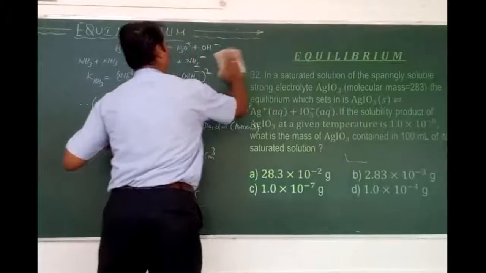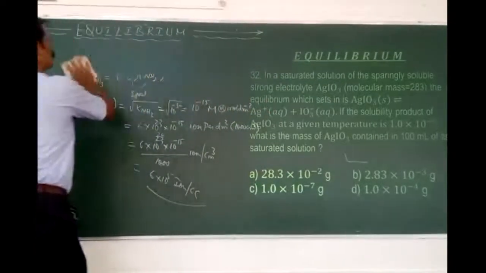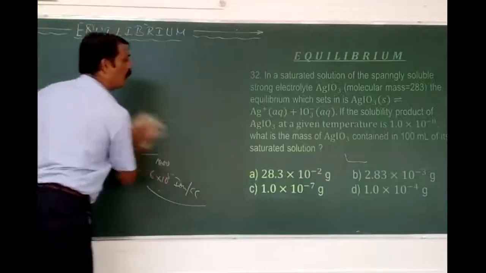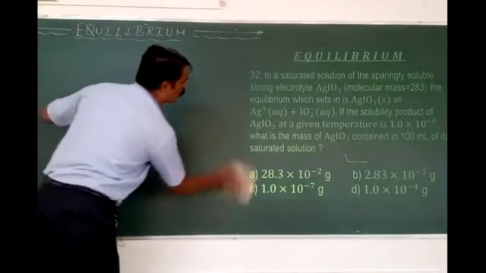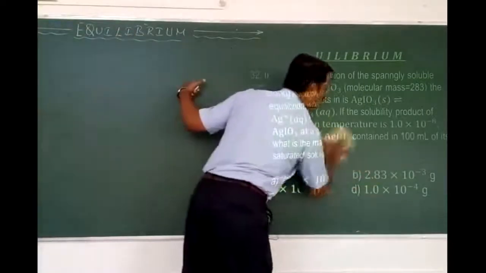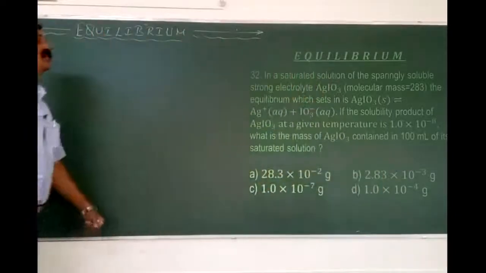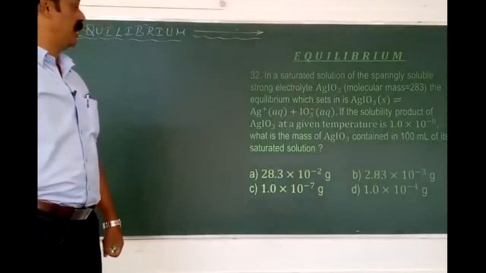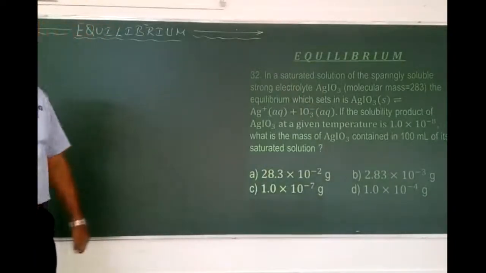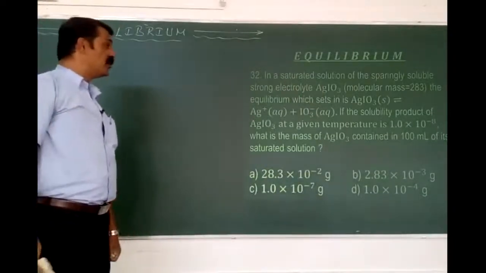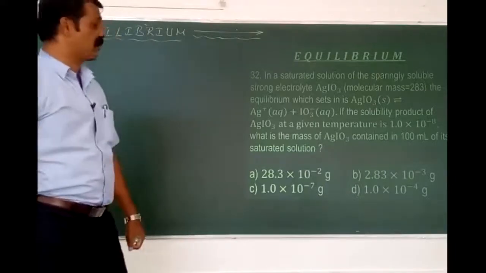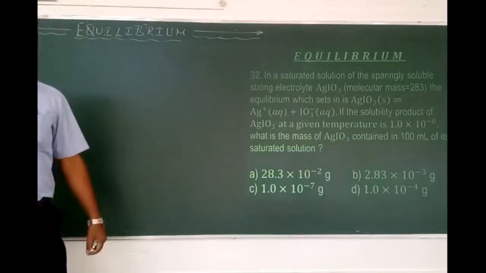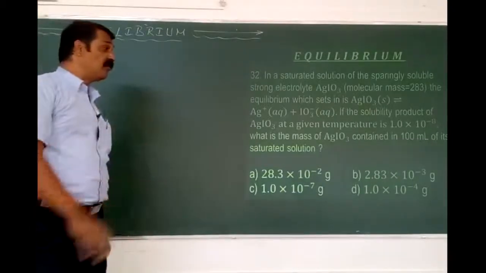Next, in which solution? Saturated solution of the sparingly soluble strong electrolyte, silver iodate. AgIO3 is called silver iodate and the molecular mass is directly given as 283. The equilibrium sets in as AgIO3 gives rise to Ag plus plus IO3 minus. If the solubility product of AgIO3 at a given temperature is found to be 1 into 10 to the power of minus 8,